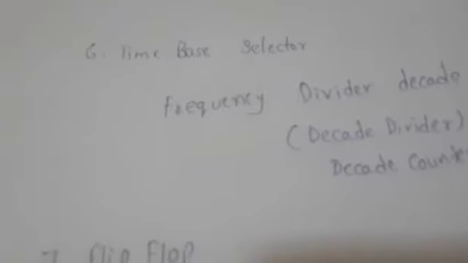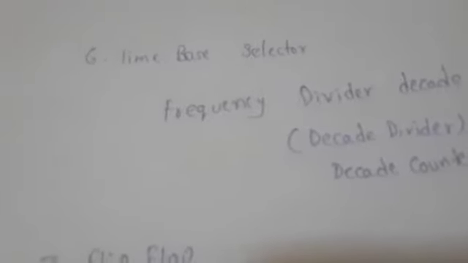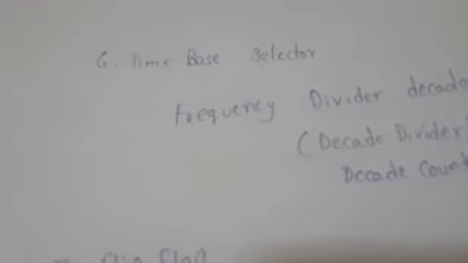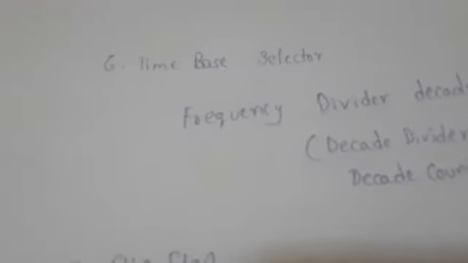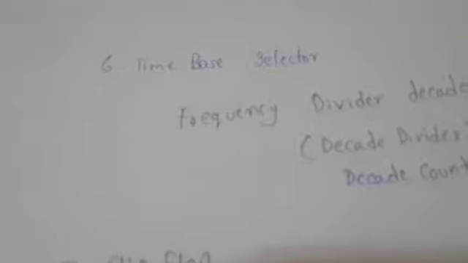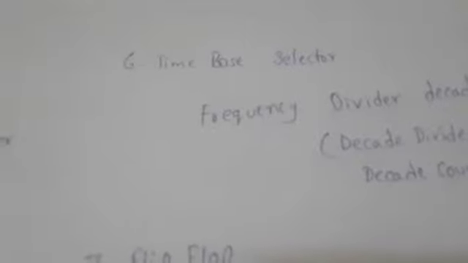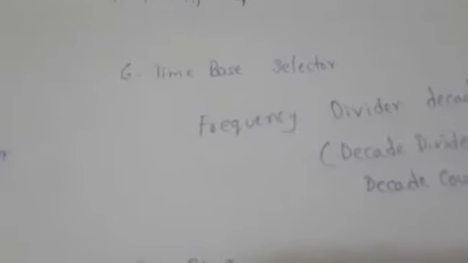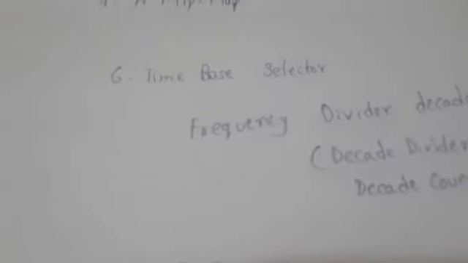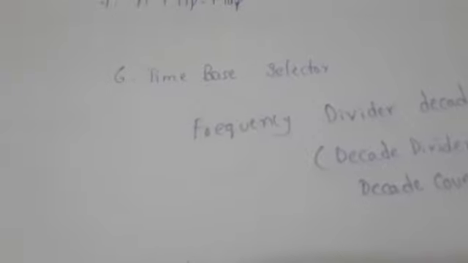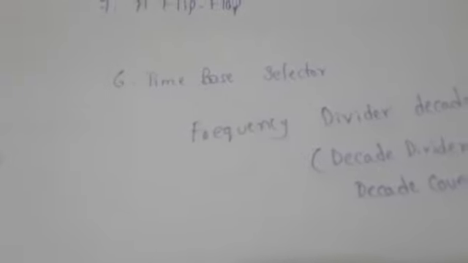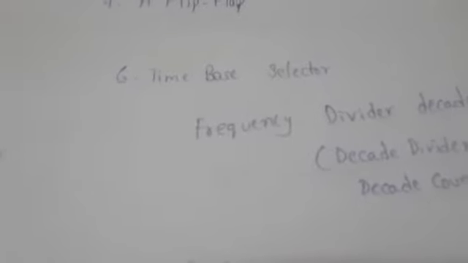In this meter, the output of this constant frequency oscillator is fed to a Schmitt trigger, which converts the input sine wave to an output consisting of a train of pulses at a rate equal to the frequency of the clock oscillator. The train of pulses then passes through a series of frequency divider decade assemblies connected in cascade, and each divider consists of a decade counter and divides the frequency by 10. Hence it is called the frequency divider decade.